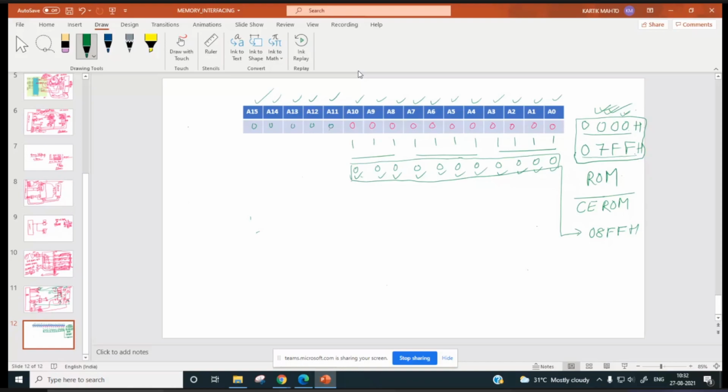So what will be our CE bar? I will put it over here, a NAND gate. Now this has to be inverted, this also has to be inverted, this also has to be inverted like this.